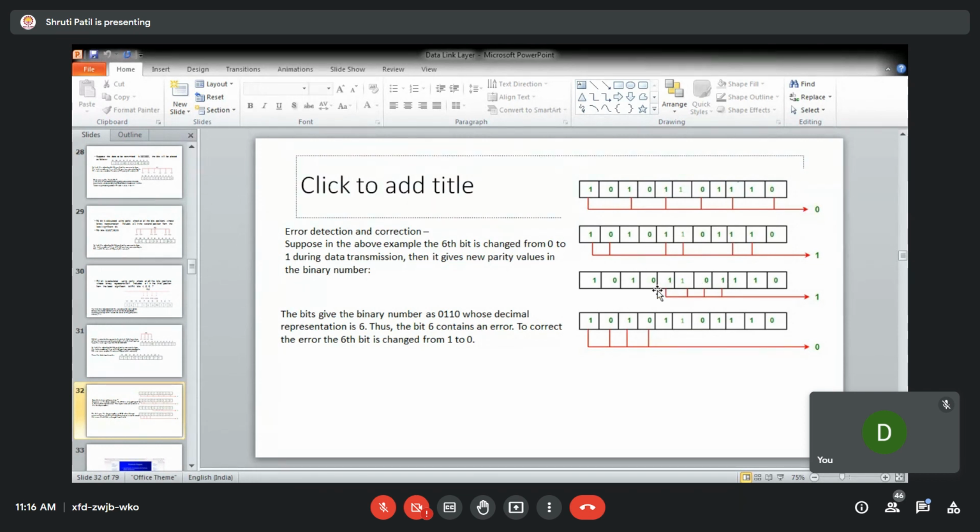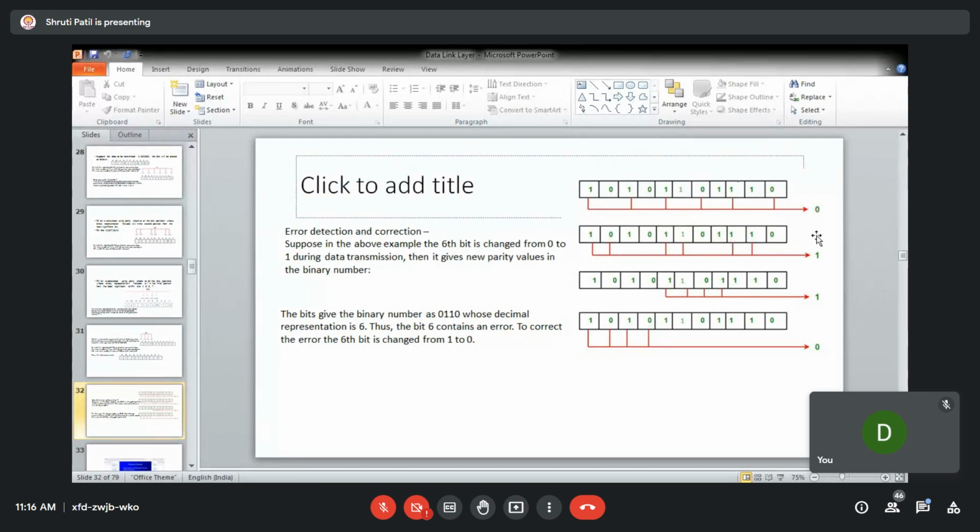So the parity is 1. Now for R8, this is 1010. So these are 2 bits which are 1. So the parity calculated is even, so 0. So this is right. So you have identified that R2 and R4, these 2 bits, are having error.